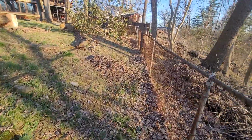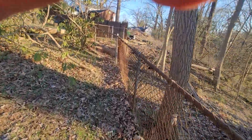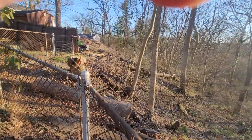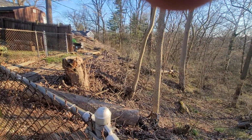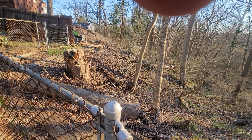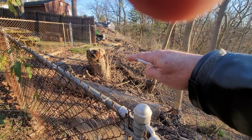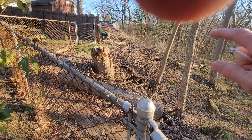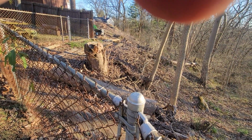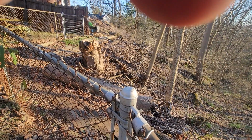So as I mentioned, I also want to raise some wild birds. So I'm looking at building a recall pen tree house right here. I'm going to use those two trees and this stump and build a little square here so that the quail can get in here and also climb in over here. And I'll have four pens, and all the pens are stackable, removable. So if I wanted to add new birds, I can just take off one of the stack